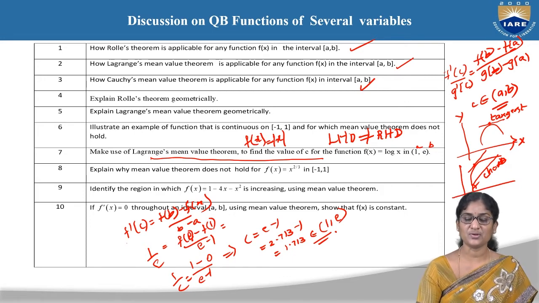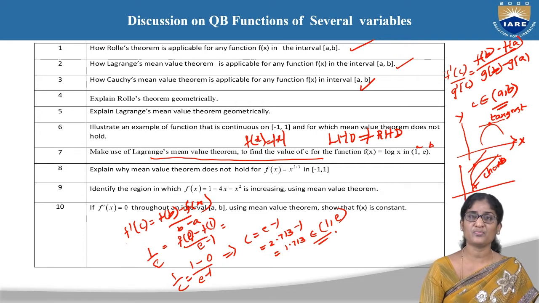So all this we need to write. Before applying the mean value theorem, we all know that we have to prove that the function is continuous and differentiable in the open interval. Then we have to find the value of c. Then that value should lie in the interval. Only then can you say that the mean value theorem is applicable.